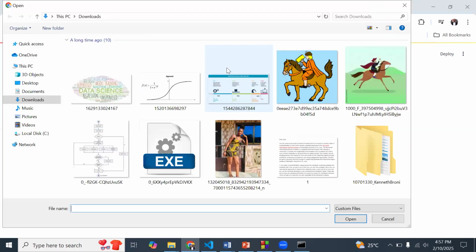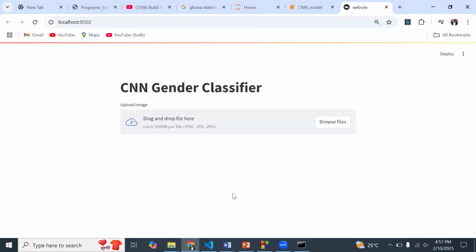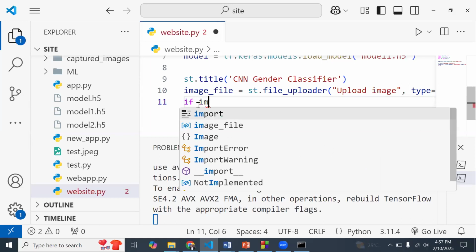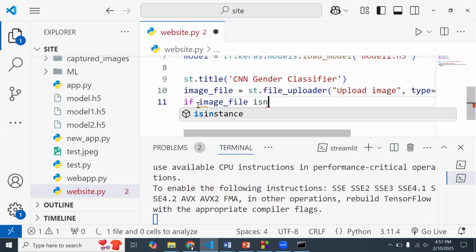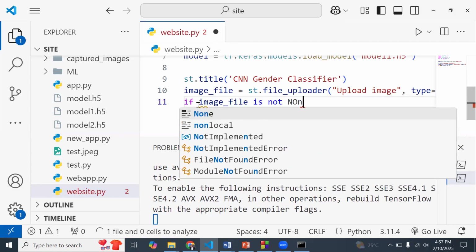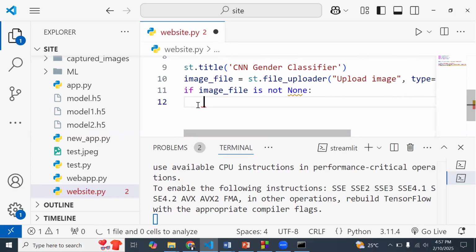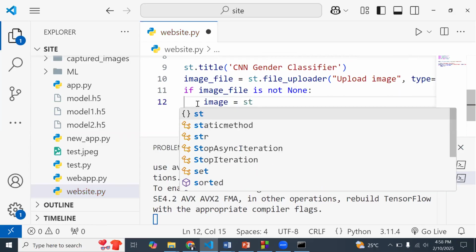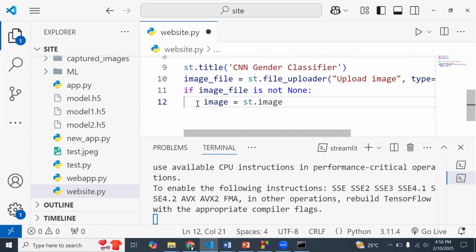So what we are going to do is write just a little bit more code to do the preview. I'm going to say if the image file is not none, I mean, if something is actually selected, then I want to have an object called image, and then I'm going to do st.image, and then pass the file image I have over here.